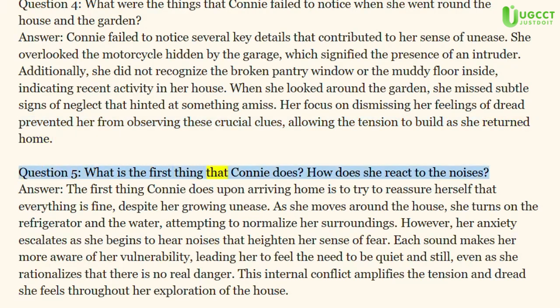Question 5. What is the first thing that Connie does? How does she react to the noises? Answer. The first thing Connie does upon arriving home is to try to reassure herself that everything is fine, despite her growing unease. As she moves around the house, she turns on the refrigerator and the water, attempting to normalize